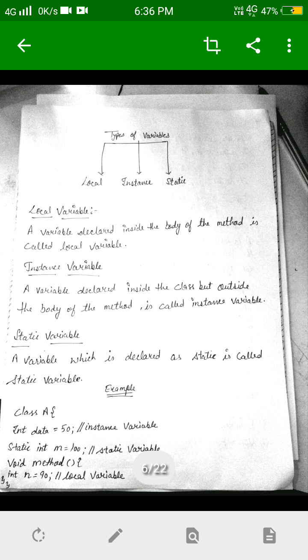Static variable: a variable which is declared as static is called a static variable. Static means its value cannot be changed, so with this variable you have to use the keyword static.